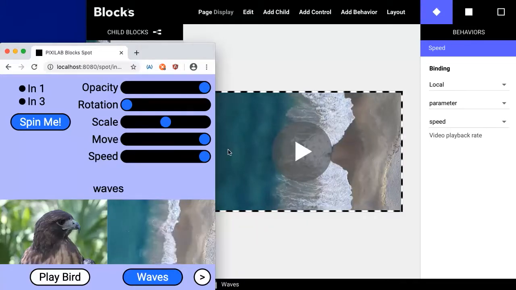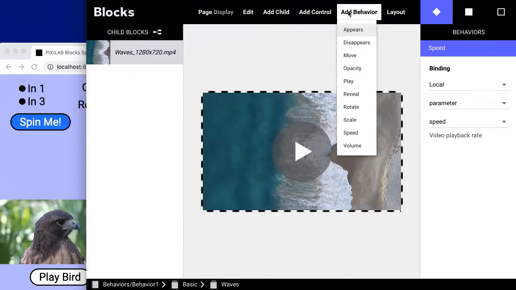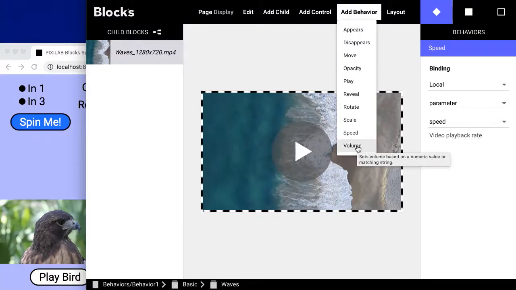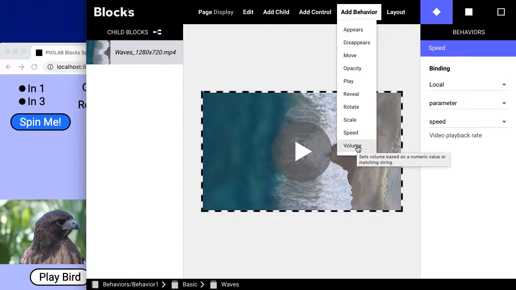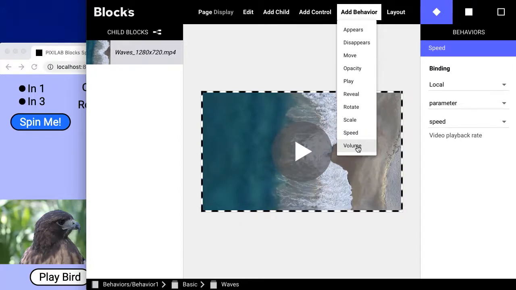There is another behavior that has a similar requirement, that you have to connect it to the particular media element that you want to control. I won't show it here because it works in the same way, but it's the volume behavior. So if this video had audio in it, you would be able to control the audio volume of that specific video. Previously, you have been able to control the overall volume of the spot as a whole, but in this way you can control the individual volume of any audio or video media block. And that's sort of the whole point with these behaviors, that you can dive in and you can attach a behavior